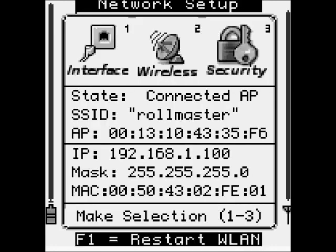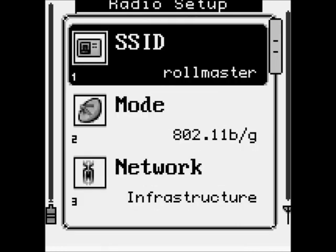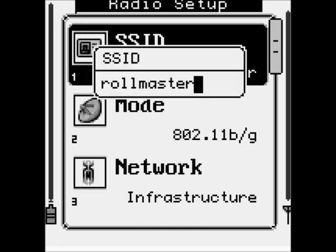Now we'll press 2 to enter the wireless setup menu. Fill in the block for SSID by pressing Enter on the highlighted field. It will bring up a text box that will allow you to type in the name. Be sure to type the name in exactly as the network specifies, including capital and lowercase letters. Once you're completed, press Escape